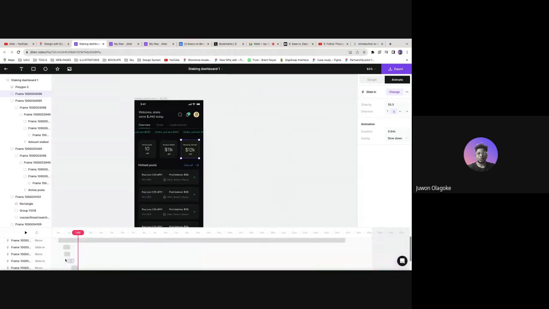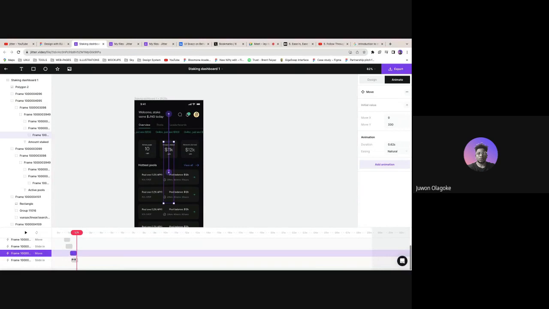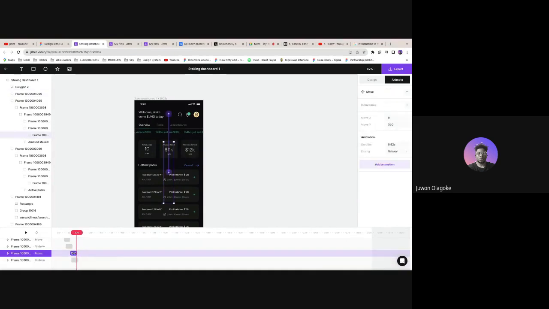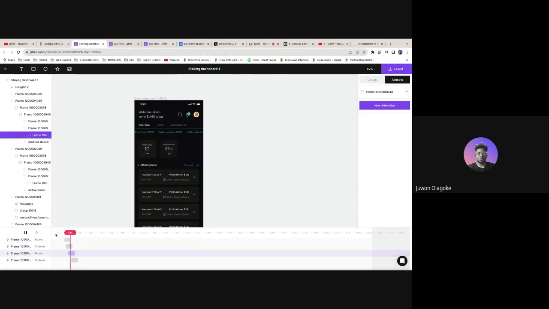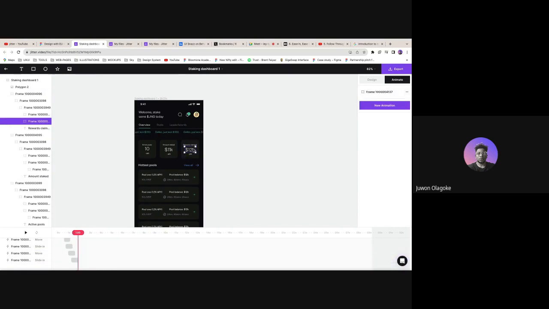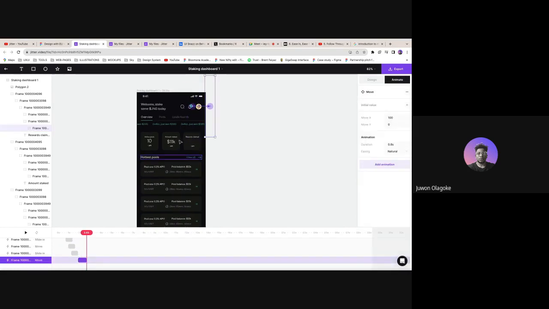They don't even have to happen at the same time. It wouldn't matter as long as the text is coming in after. So it's just basically an easing. Now inside here as well, we want to move that all the way up first, so it gives the illusion that it's sliding in from up down. New animation, custom, move,